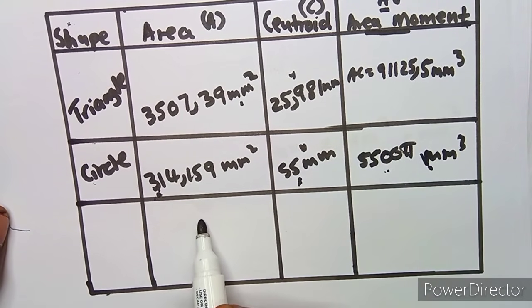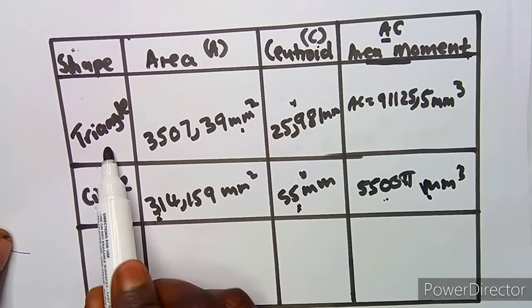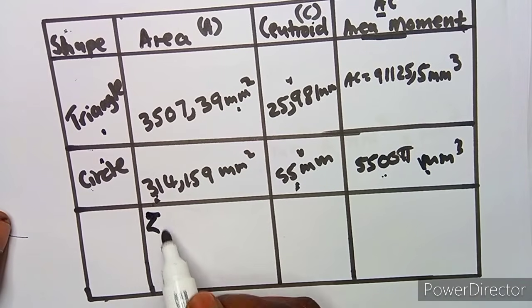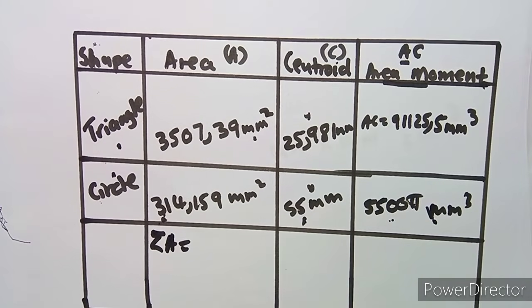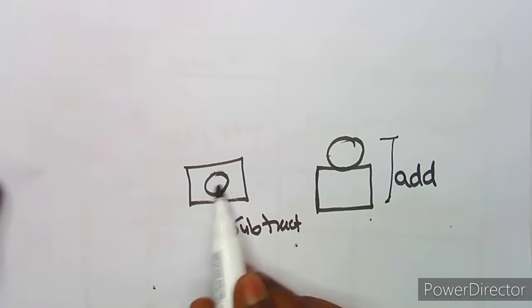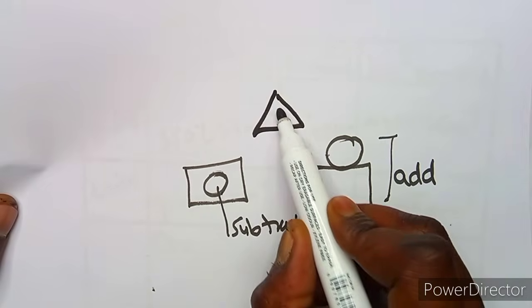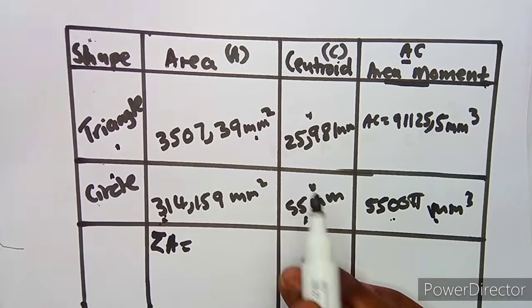Now we are going to come to this side, to say this is our total area. So we are saying there is a triangle and there's a circle. We're going to calculate the total area, the sum of areas. Since there is a hole, whenever there is a hole you have to subtract what you're given. In this case, it's the area of a triangle minus the area of a circle. So you subtract the two areas,